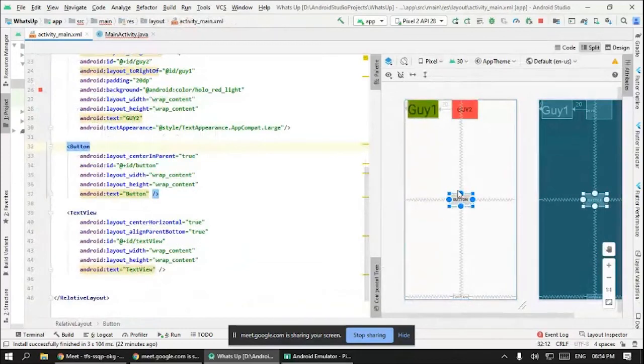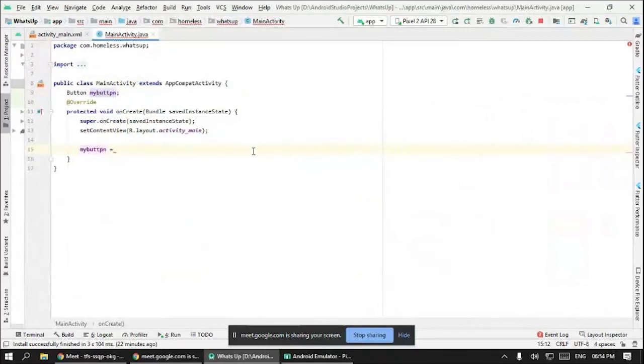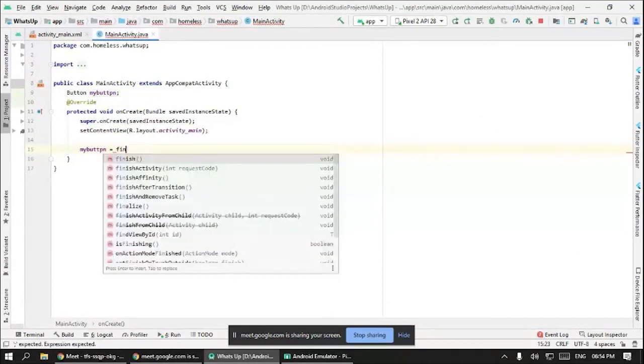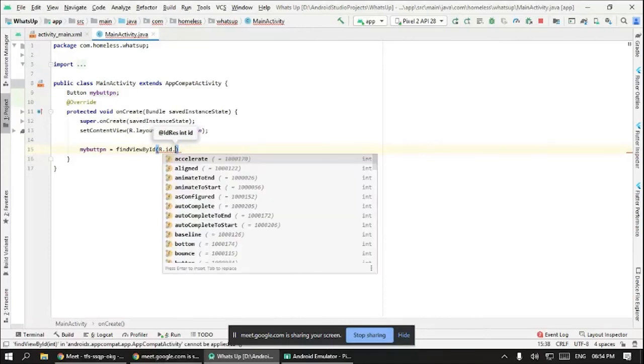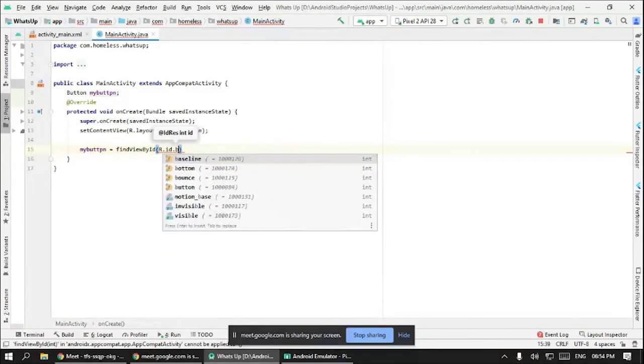Actually, this XML and Java have not much relationship between them. So we need to introduce this button in XML to Java first. So I will say myButton is equal to findViewById. Where is that? Okay, findViewById, and R.id. our button's ID name. What was it? Button, I guess.